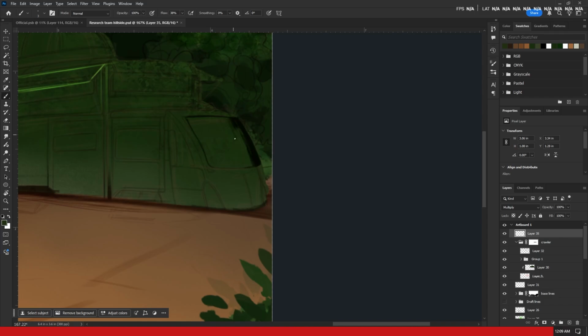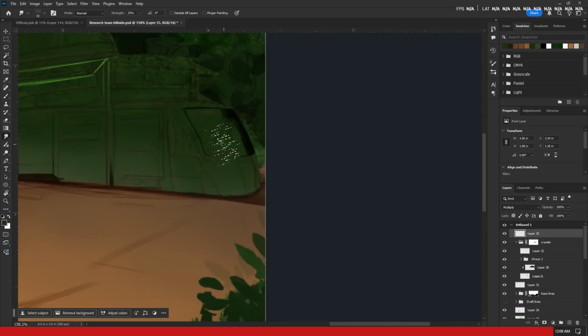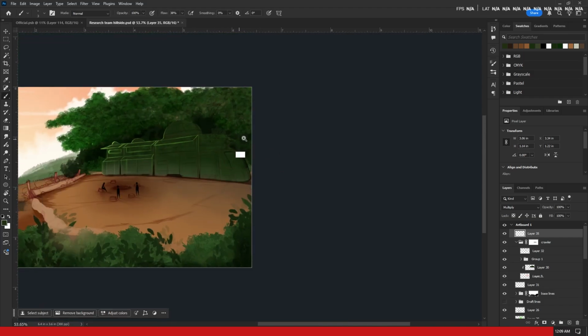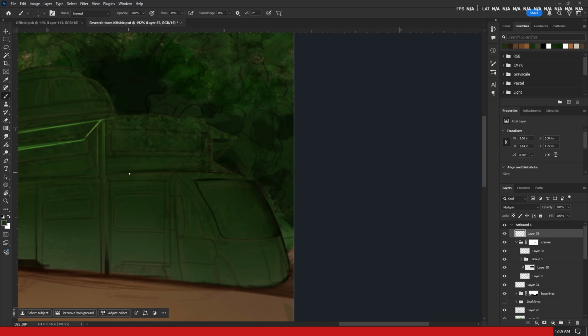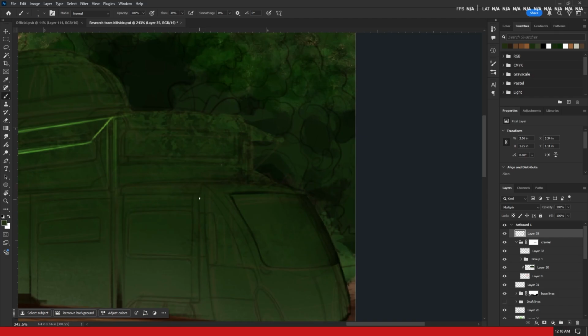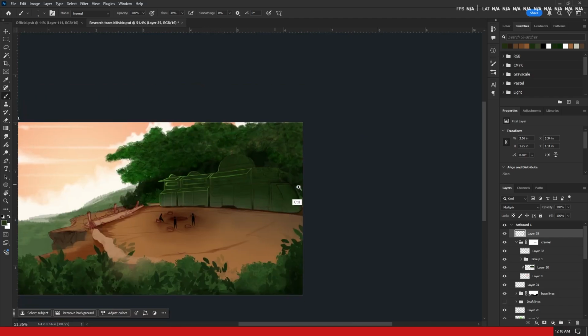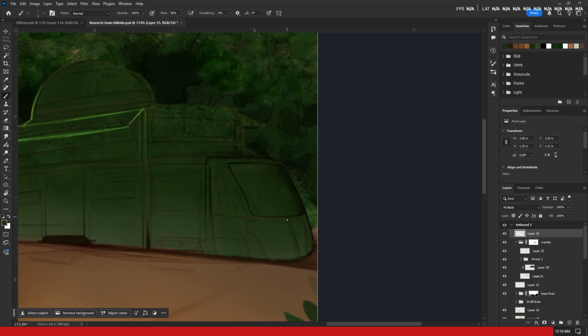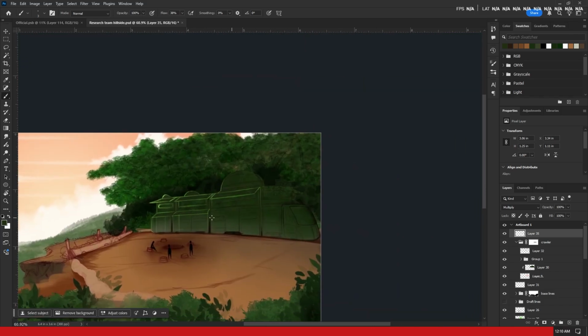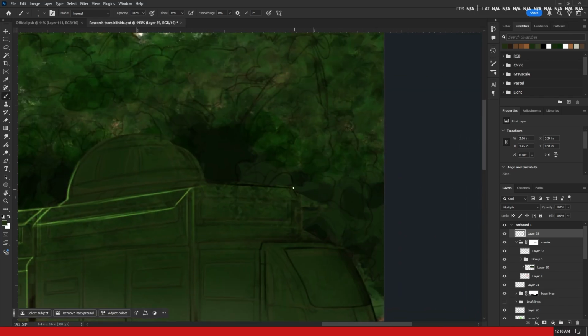Now, once I got the hang of setting up the sections, the components on the crawler itself, I started to define the areas with a lot more deliberate detail. So it's not just gesture drawings anymore. It's no longer just implying certain sections. It's not implying the depth with vague shadows. It's now going in with harder, sharper lines and actually creating contrasts between the areas, between the colors, between the